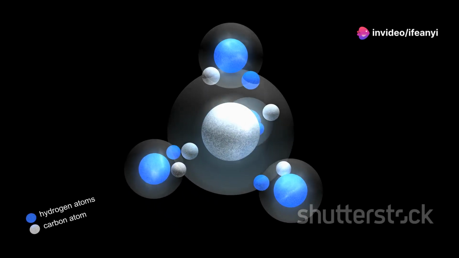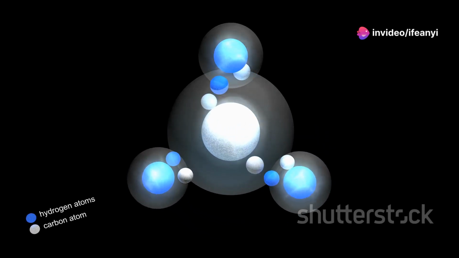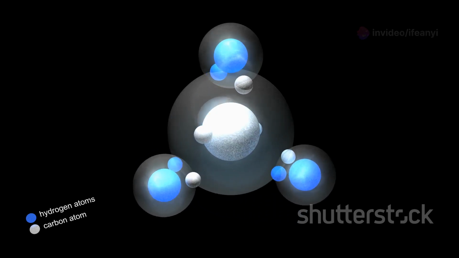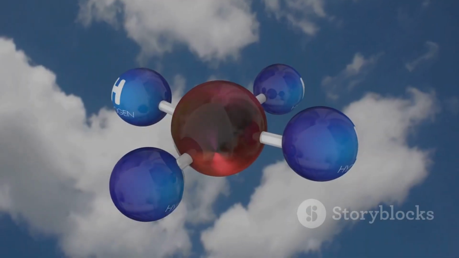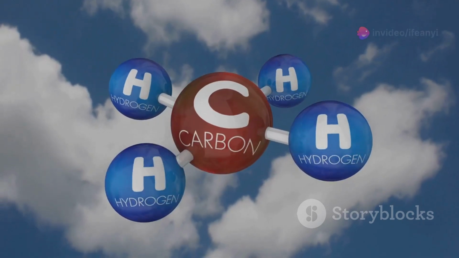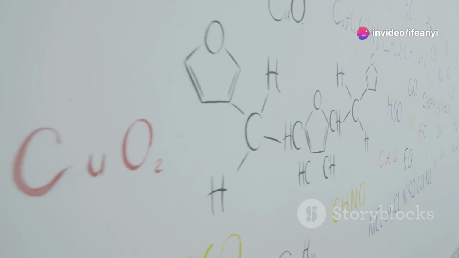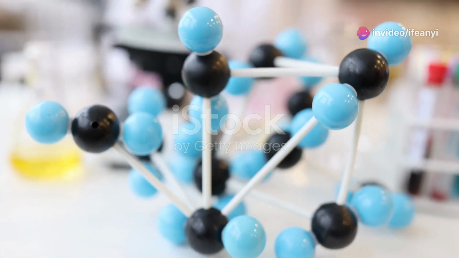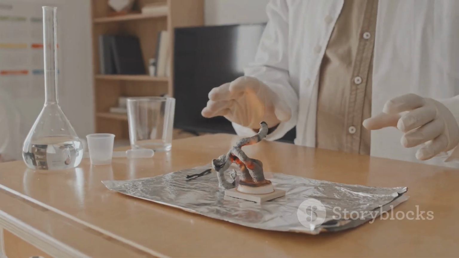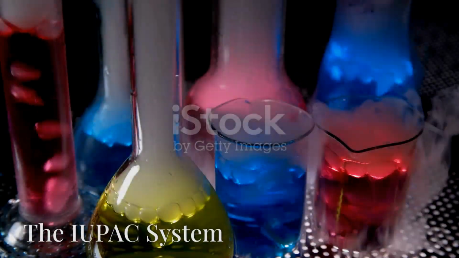This means they have fewer hydrogen atoms than their fully saturated counterparts, the alkanes. In alkanes, all carbon atoms are fully saturated with hydrogen atoms, forming 4 single bonds. However, in alkenes, the presence of a double bond means they are not fully saturated with hydrogen. This unsaturation is the key to their unique reactivity.